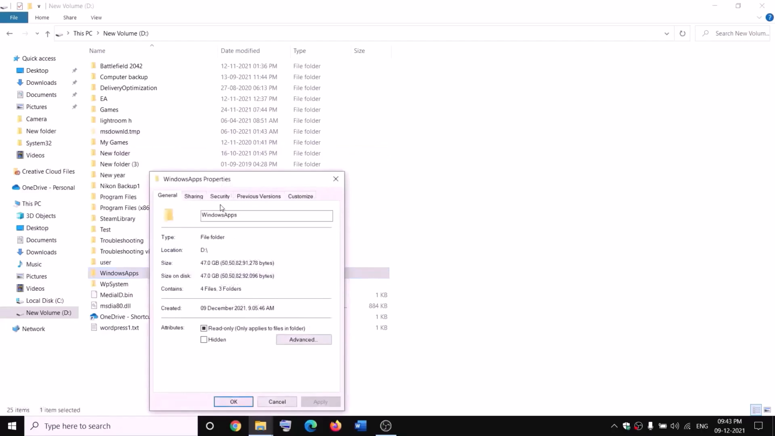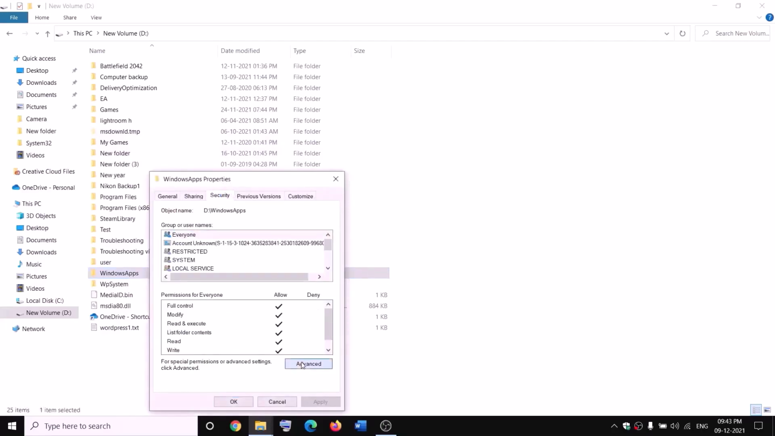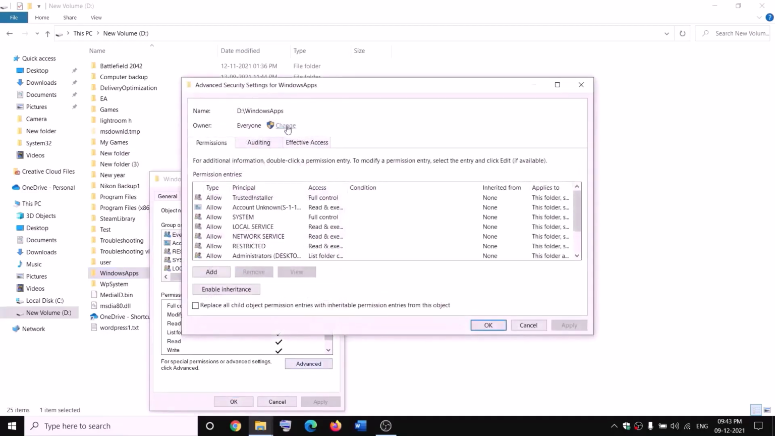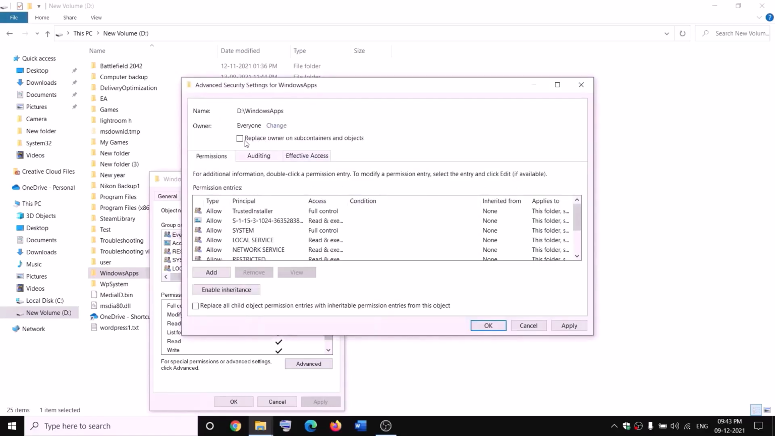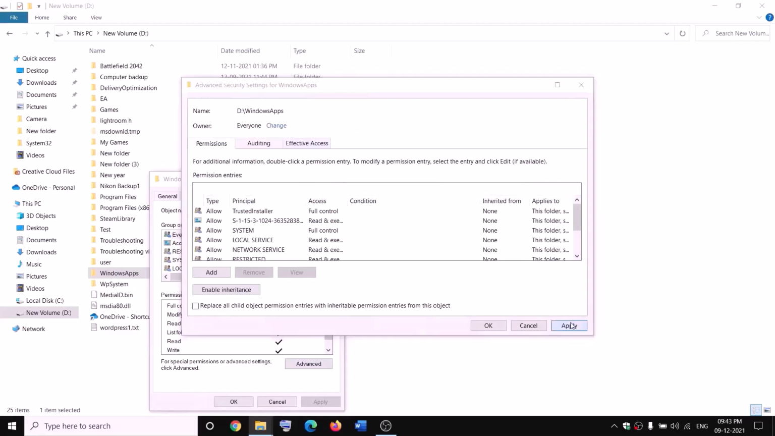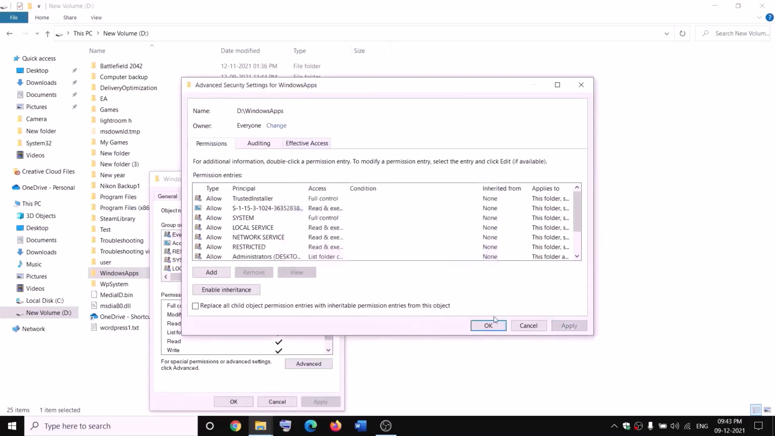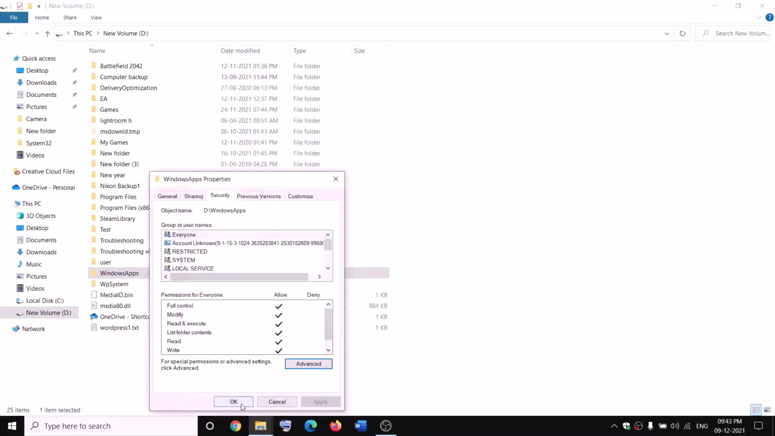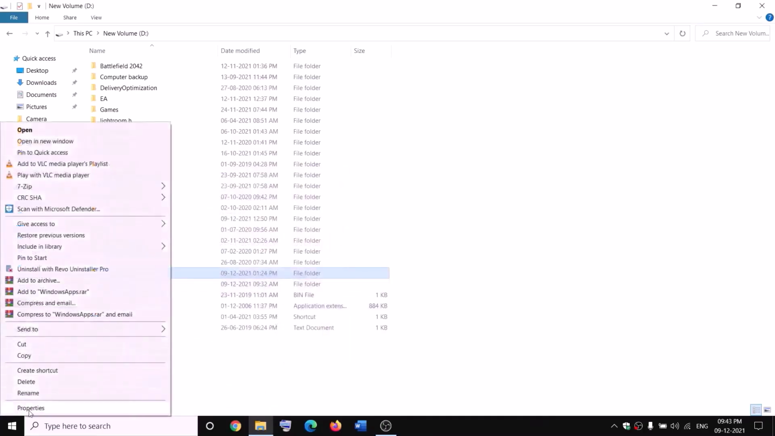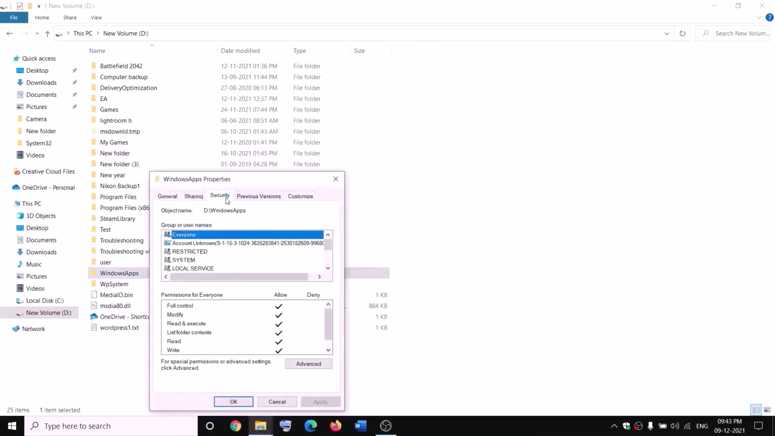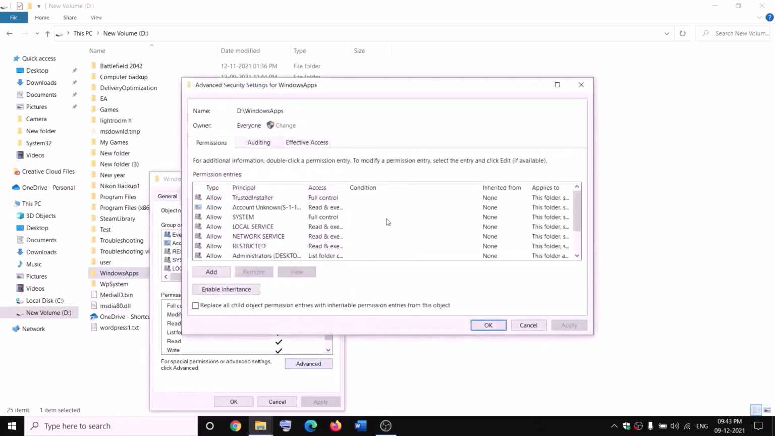properties, go to security tab, advanced. Now click on change over here, type in everyone in the box. Now click on check names, then click on OK. Now put a check on the box which says replace owner on subcontainers and objects and then click on apply. OK, OK, again OK. Again make a right click on Windows apps, select properties, security tab, advanced, and this time